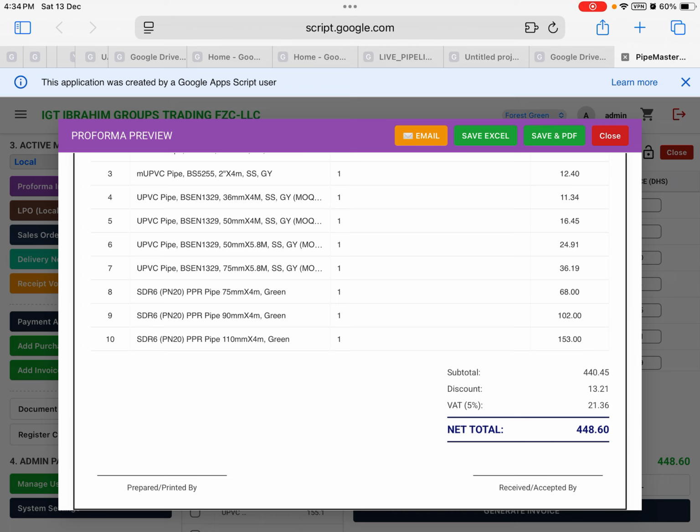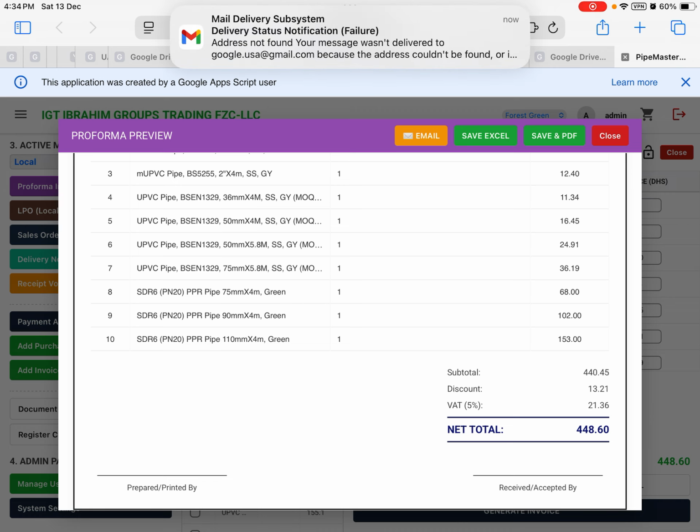Now see everything you just need to do. If you want to save Excel, PDF, whatever, email you can do. For example, you want to send an email, just click here. The one you enter in the email, it will go direct to that email. Say for example, you click on the email, it will show email sent successfully. Okay, so whoever is there, he will receive directly. Now if you want to save it, just save it here.